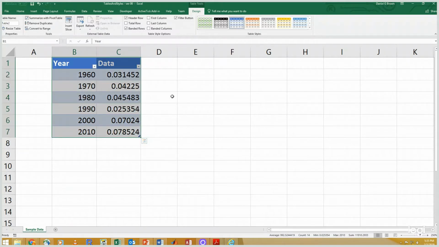Now, if we select our table, we can click on the design ribbon. And one of the first things I like to do with a table is name it. So table 2 is not a particularly useful name or descriptive. I'm going to call this my data by typing in the table name box up here, and you will see